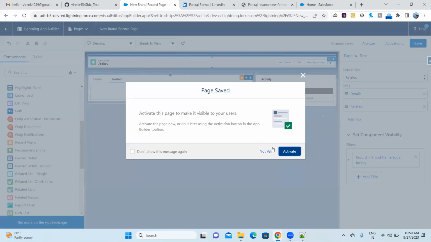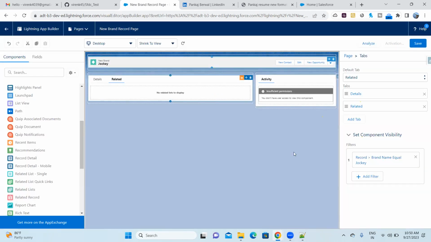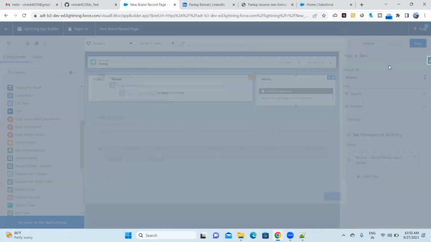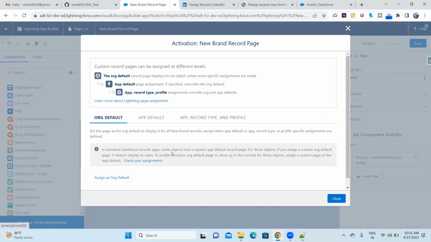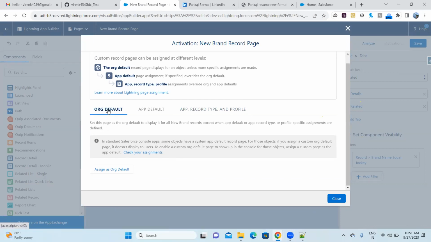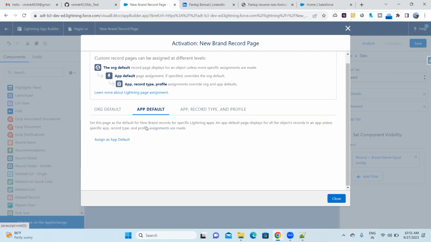Okay. And whenever you save the FlexiPage the first time, you will get a pop-up to activate it also. So you can activate it, click on activate. Okay. So you have to activate this FlexiPage. So first time, whenever you are going to save your FlexiPage, it will ask for activation. Okay. So now if you see, it is asking for assigning org default. It has an option of app default.